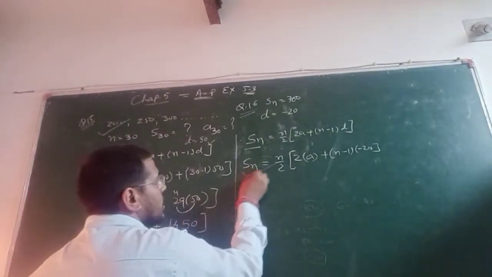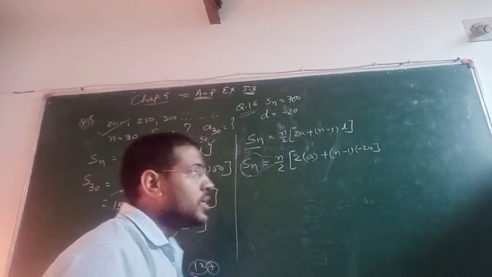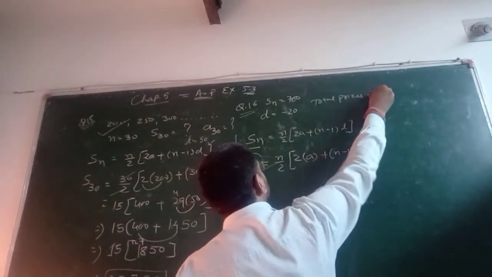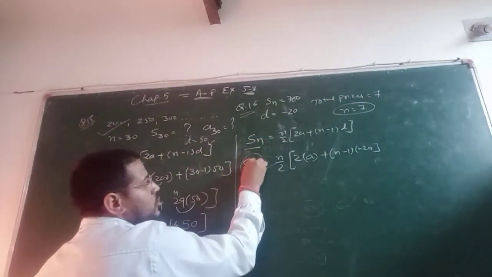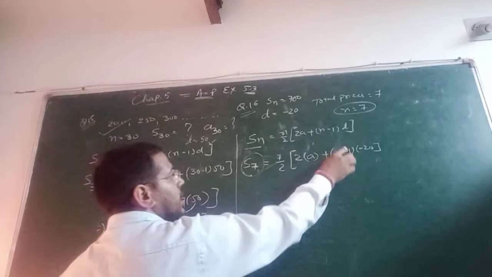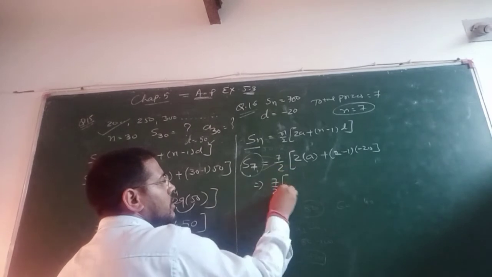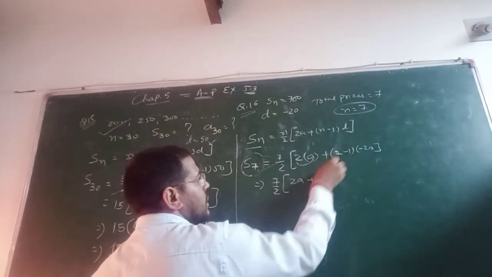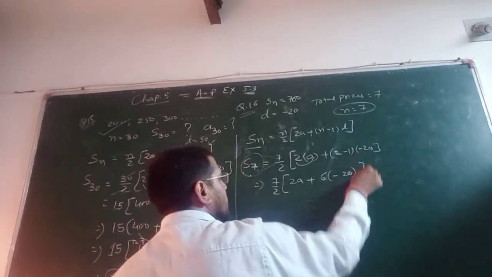ओके सो अच्छा सम के अंदर n दिया हुआ है, हाउ कैन वी से दिस वन, बिकॉज देयर टोटल 7 प्राइजेस, हमारे प्राइजेस आते हैं, so it can be said n is equal to 7. This Sn, in place of n we can put 7. So here in place of n put 7, again n 7 minus 1. So 7 by 2, if we want to cut them, cut it down, otherwise put it the same as it is given. 2a, a is not given, that is missing, alright. 7 minus 1, 6, 6 into 20, minus 20.